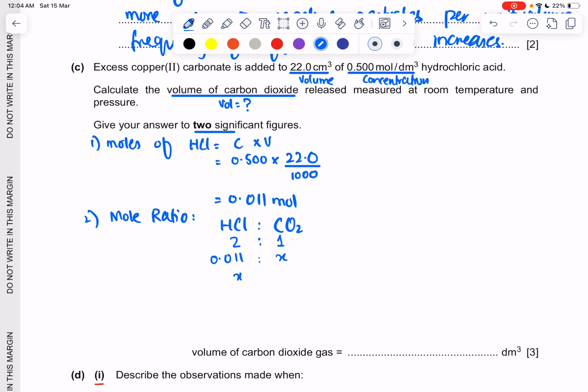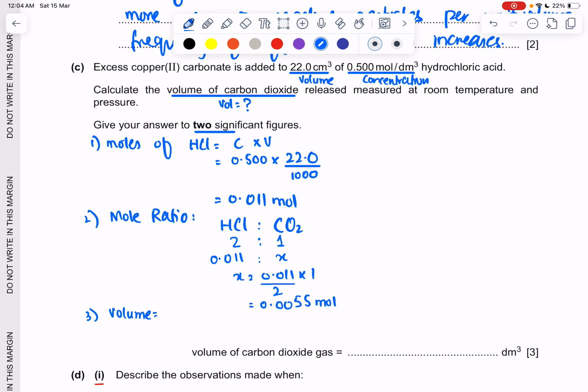X. Now simplify this: 0.011 divided by 2 into 1. If we simplify this, we'll get 0.0055 mol of carbon dioxide. Now step number 3 is we have to calculate the volume of carbon dioxide, and the